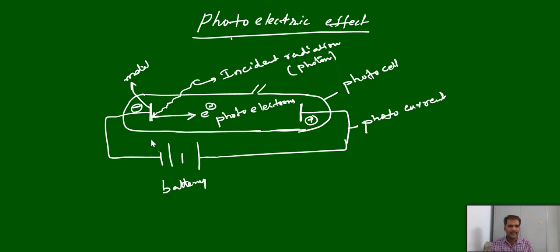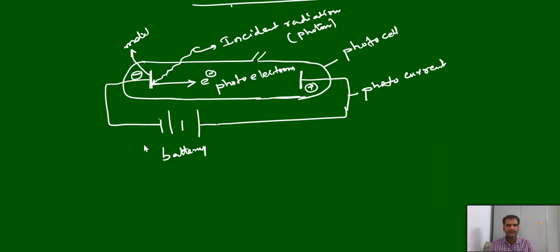And here a few points we should keep in mind. Here we used one word. What is that? Actually the definition: when a photon of sufficient energy strikes the metal surface, then only the electron can eject. Sufficient energy means, you can note down that word. If less than the sufficient energy is supplied, then what happens? And if you supply more than sufficient energy, then what happens? And what is that sufficient energy?